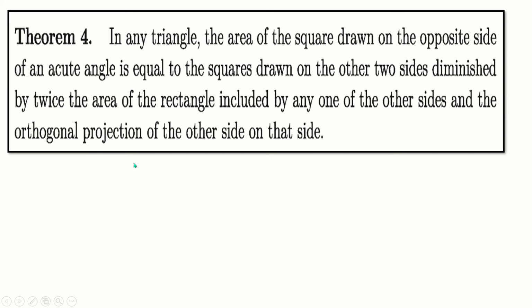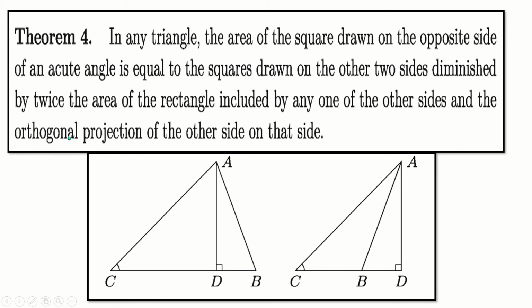Orthogonal projection means by drawing a perpendicular we get a projection. So it is an orthogonal projection. Here follow the orthogonal projection of the line AC, that will be CD, because one point of AC lies on the base and another point here. So AD is a perpendicular on BC. So CD is the orthogonal projection of AC.